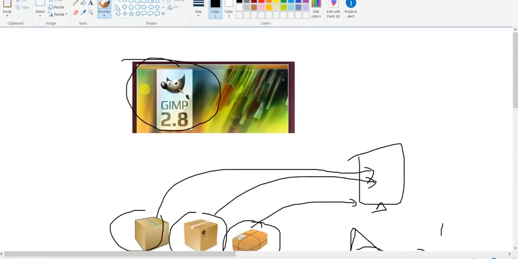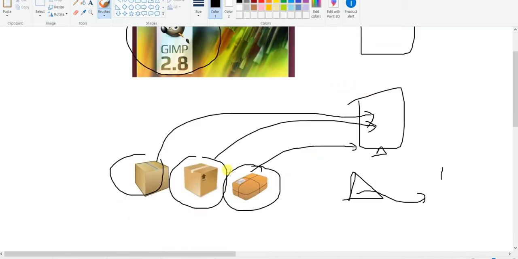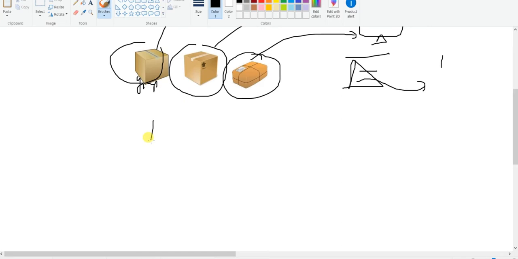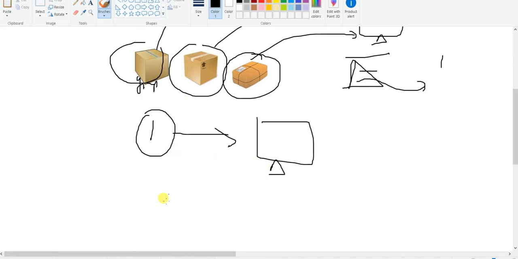Let's say for an example, there is GIMP. GIMP is nothing but the image editor of Ubuntu, a very famous image editor. So the GIMP package is there, but you are not able to use it. In order to install any software, the first condition is that the package must be there in your operating system. Second, you need to install the package. I will show you how to search whether the package is there or not, and if it is there, how to install it.